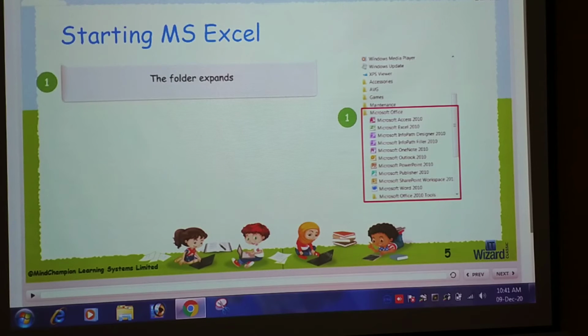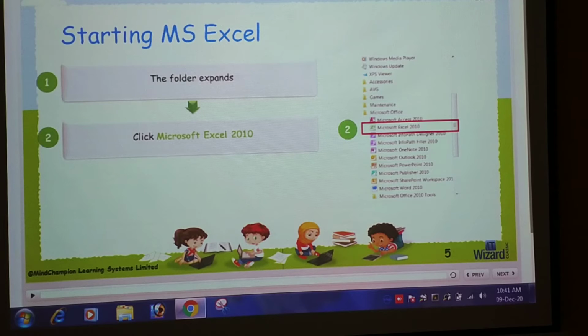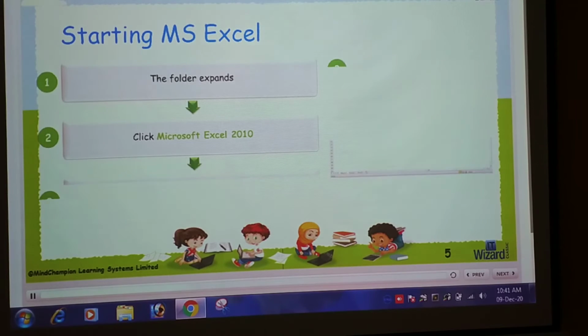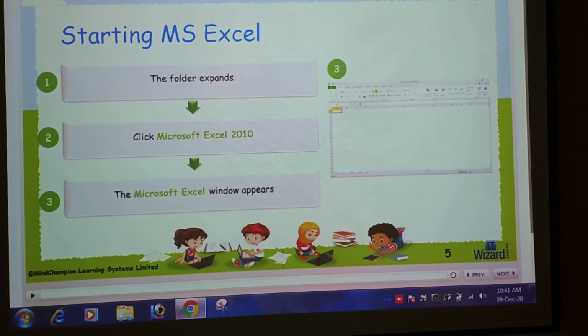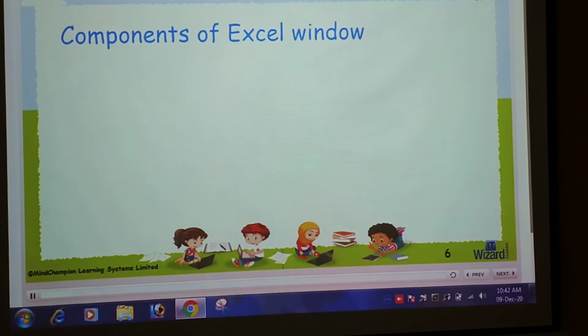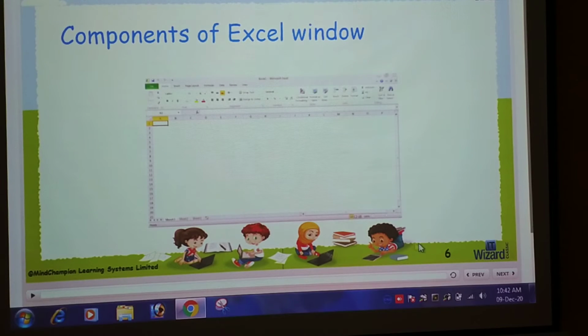Then expand the folder of Microsoft Office. Then click on Microsoft Excel 2010. Then the Microsoft Excel window appears on the screen.